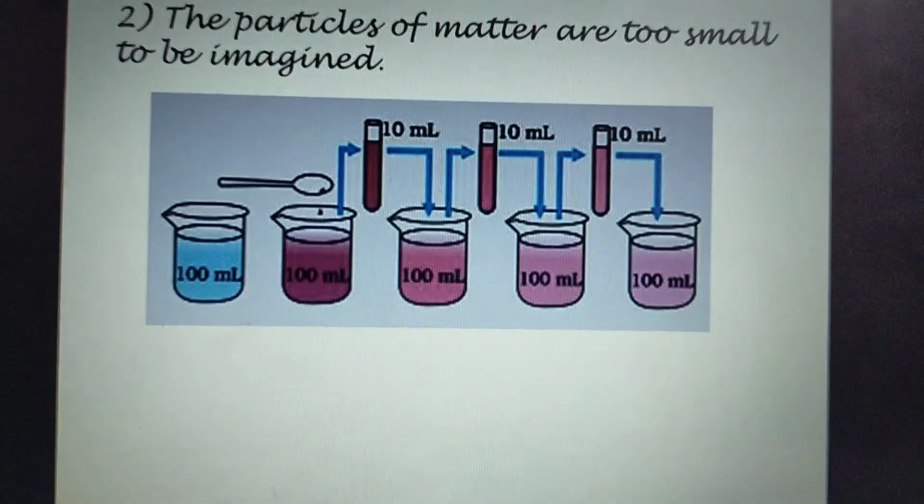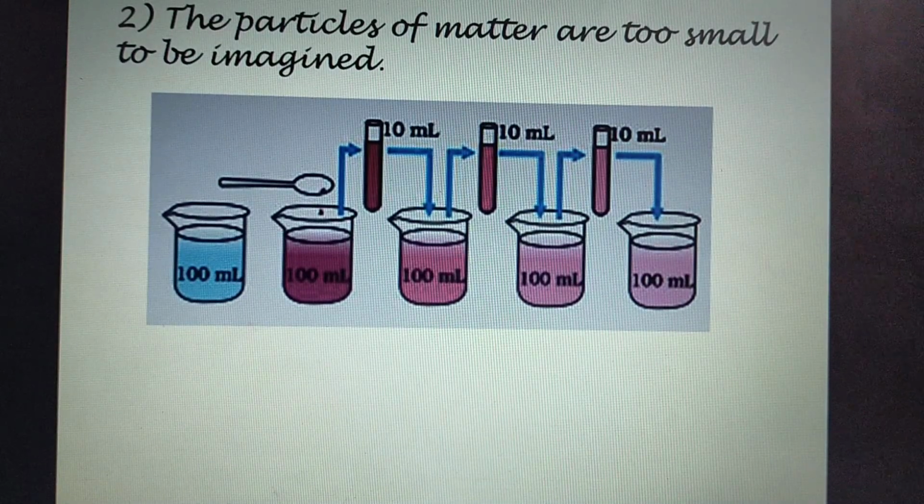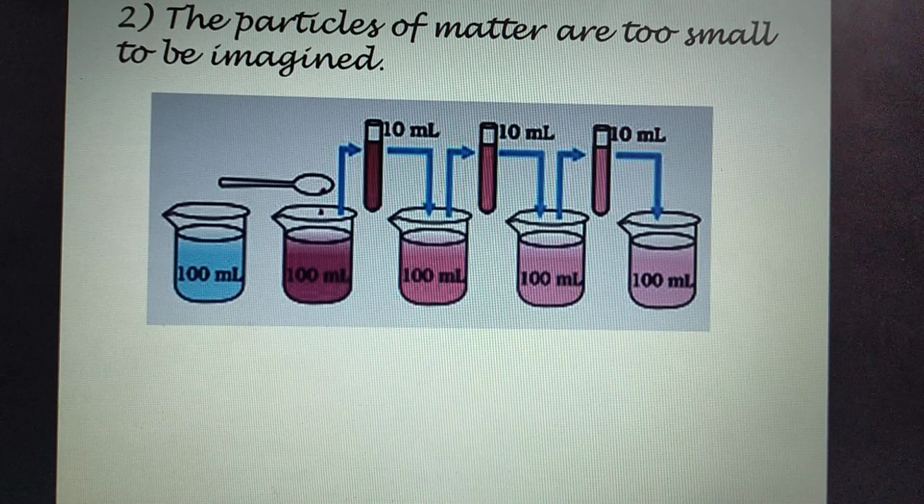The second point is that the particles of matter are too small to be imagined. Again, the activity included in this one is you have to take 100 ml of water, add some crystals of potassium permanganate to it and dissolve it with the help of a glass stirrer. After dissolving it, you take 10 ml of the pink solution prepared in step 1, add it to another 100 ml